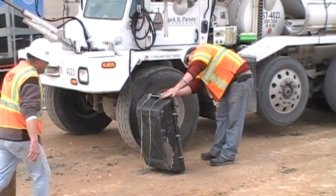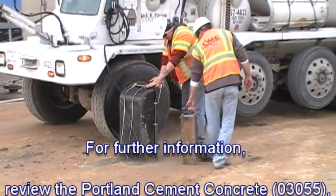Alright, so that worked out pretty good. I got a shot of them clean